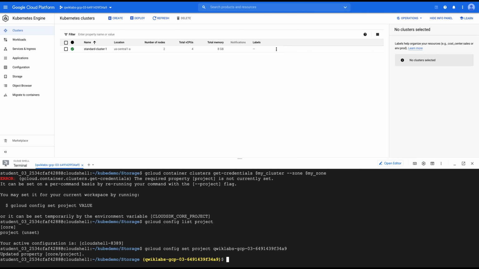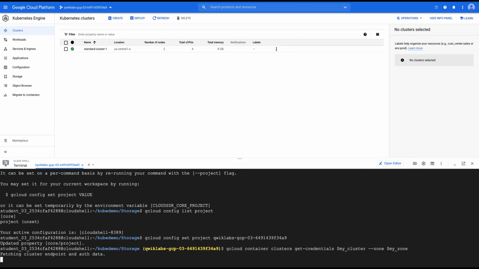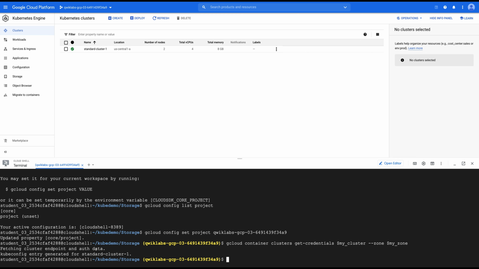Once that is done, let's run the credential command again, the same gcloud container clusters get-credentials, and this time it's able to get the configuration generated, and it's now connected to our cluster.